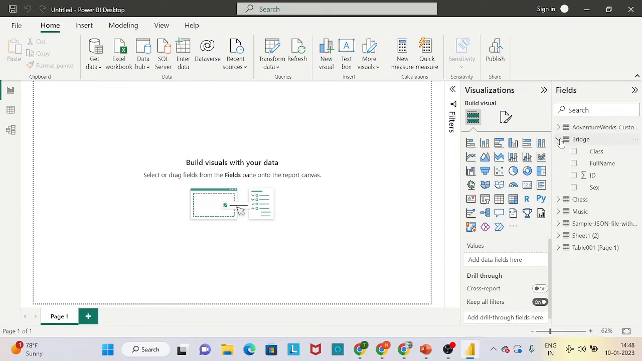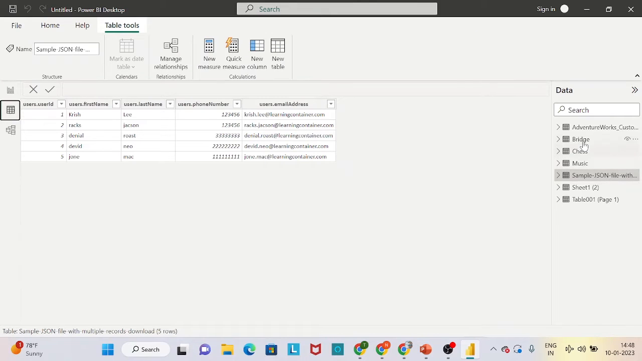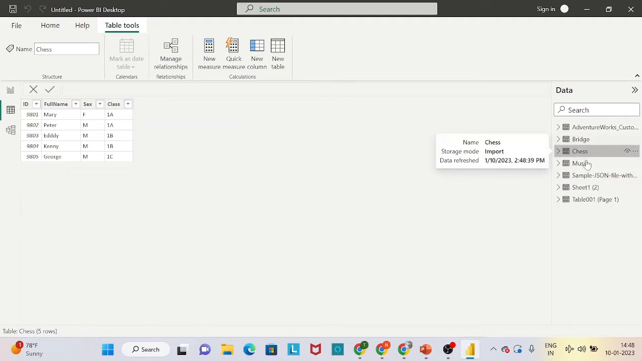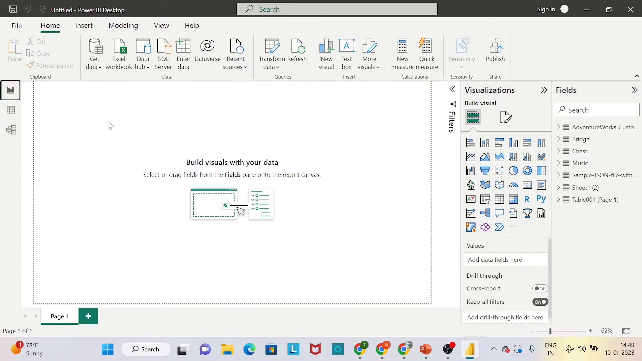So tables are all loaded and you can see the bridge, the chess and the music table from the Access database. You can go in the data preview and check the bridge file, chess file and the music. Now let's connect to our